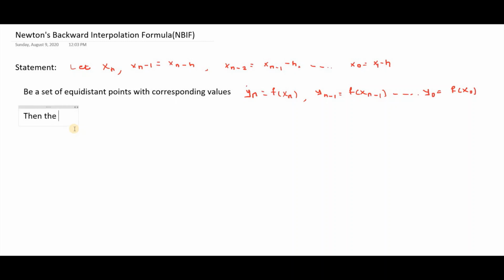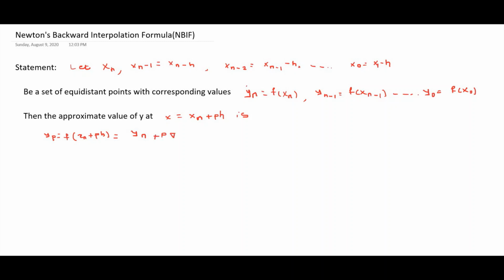Then the approximate value of y at x is equal to xn plus ph is yp is equal to f of xp, or f of xn plus ph is equal to yn plus